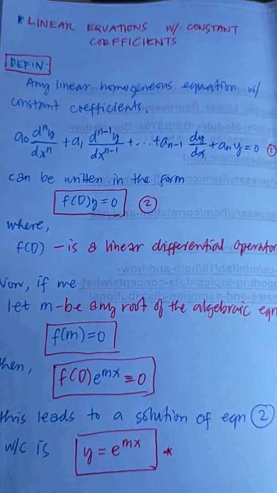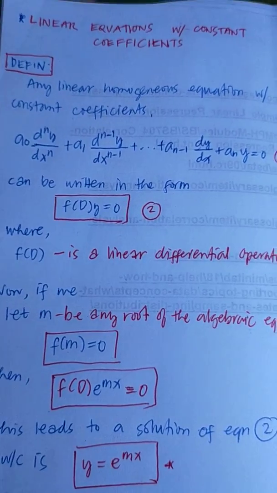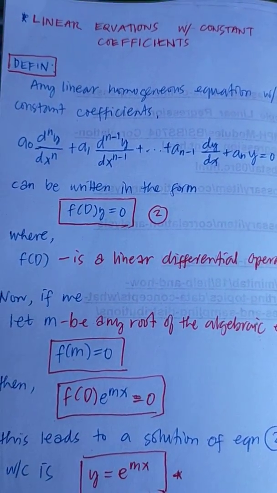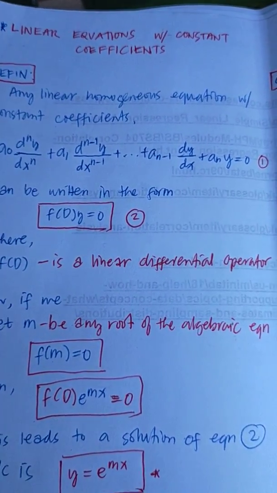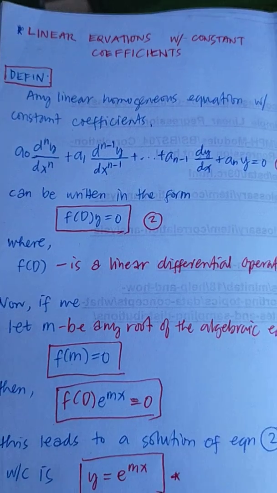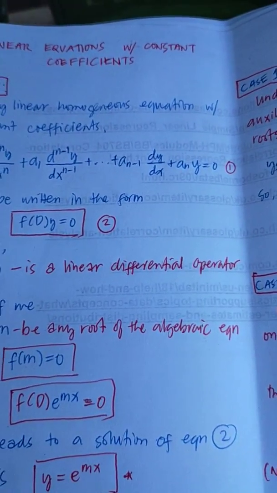Okay, good morning class. This would be our new topic after the midterm. This is the linear equations with constant coefficients. First, you're given this definition. A linear homogeneous equation with constant coefficient written as equation number 1